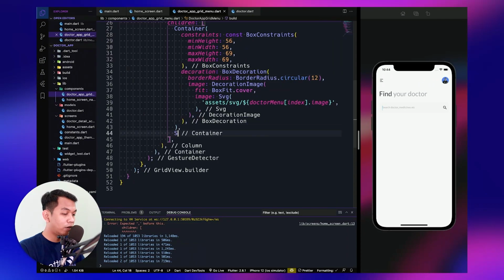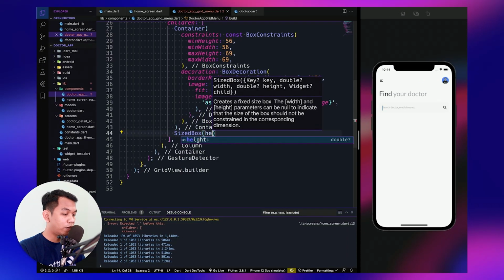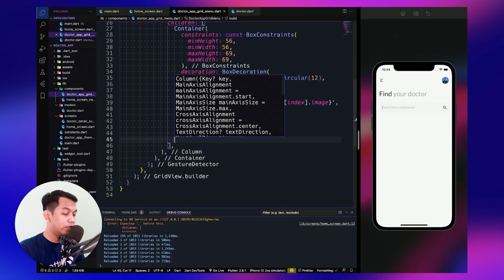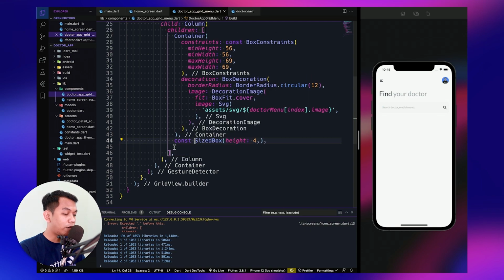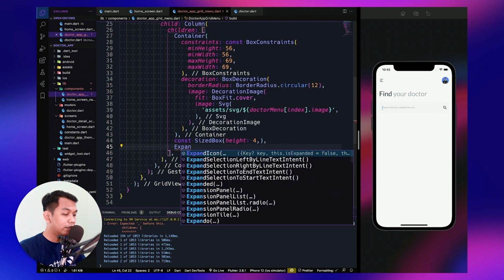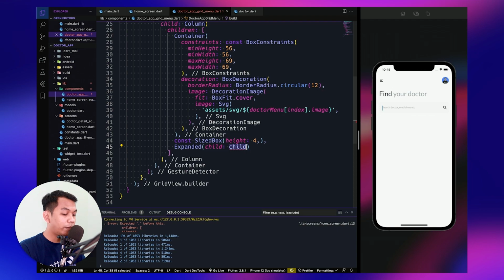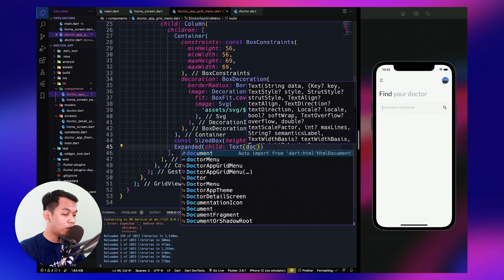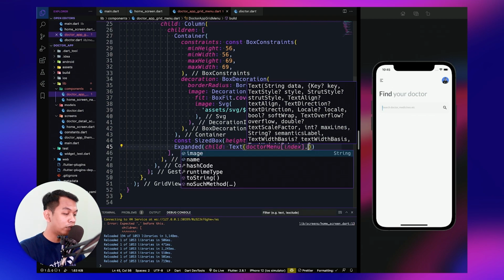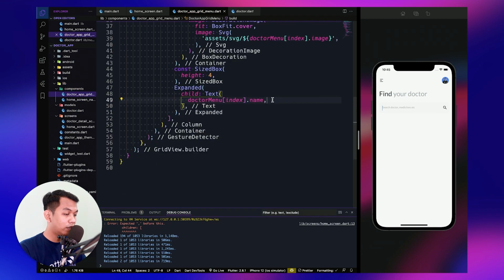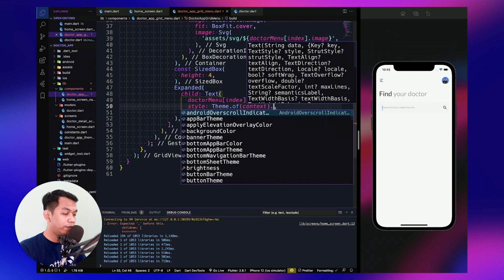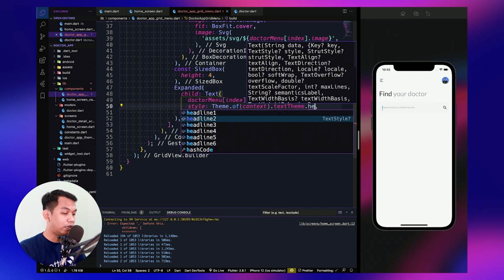But below our container, we add size box to add a little padding, which for the value we say 4. And for the text, we use expanded, and we add text here. For the text, we say doctor menu index dot name. Alright, and for the styling, we use our theme, and we say headline 6.